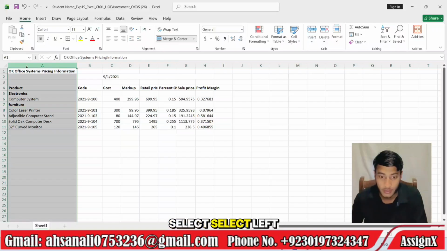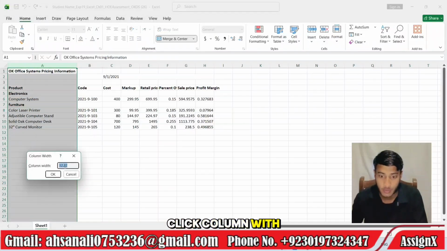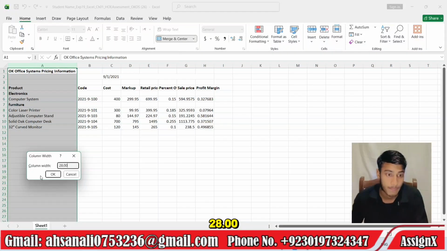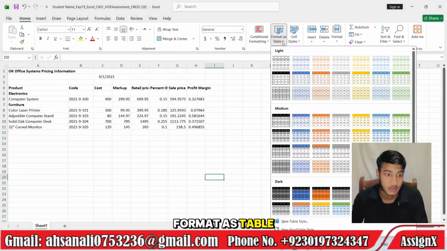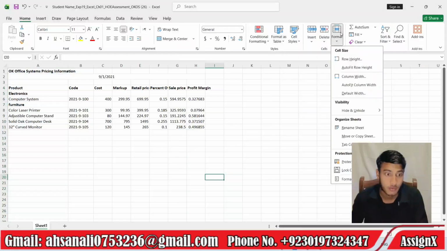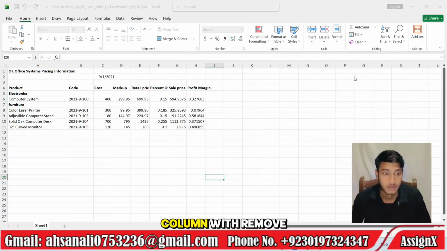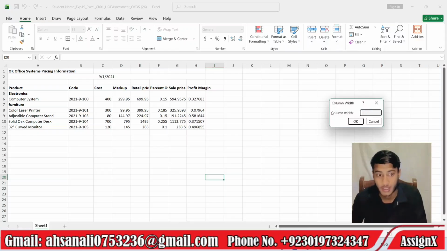Select column A, left click, column width, remove, 28.